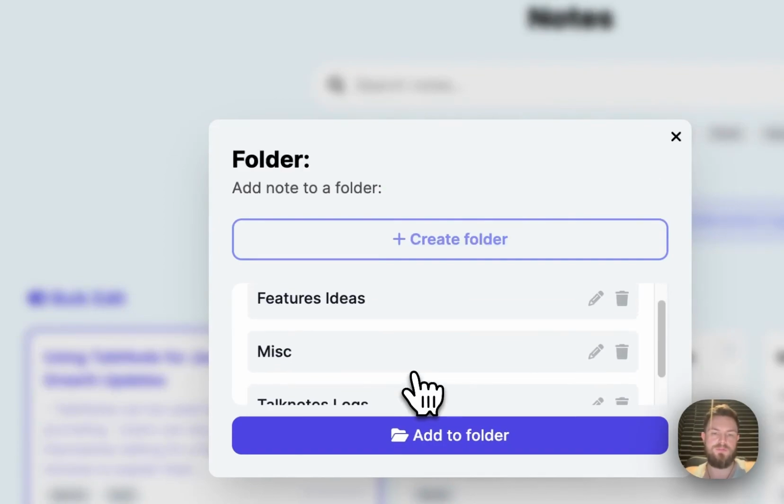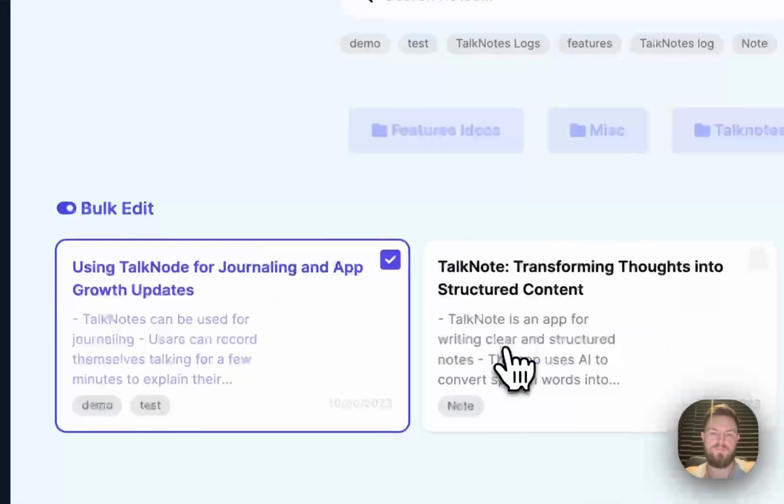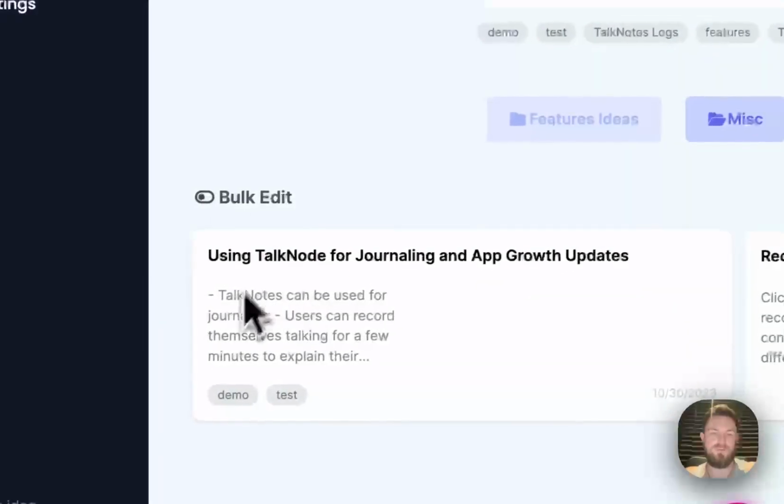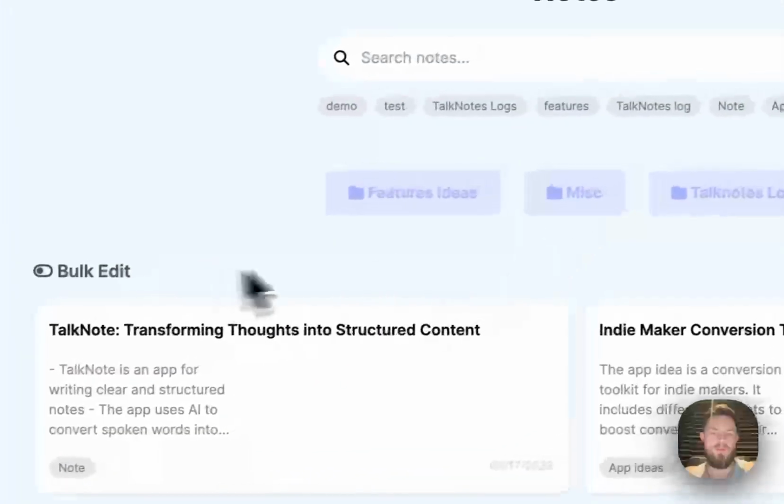But in this case, I'm just going to move it into the MISC folder. And as you can see, the note is not here anymore. And if I click MISC, the note is available here. So now,